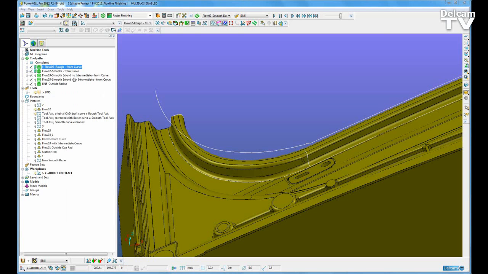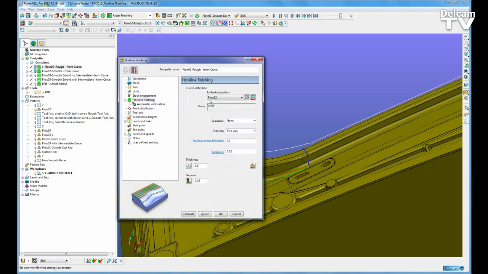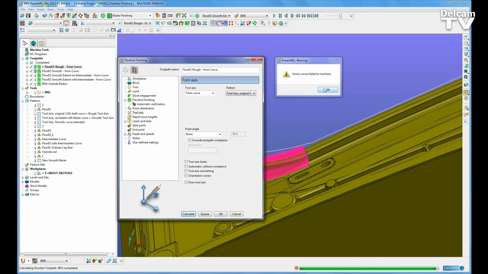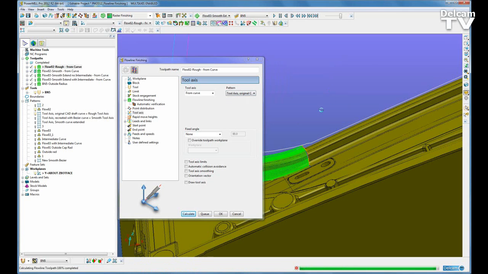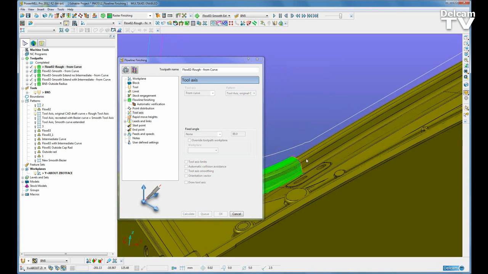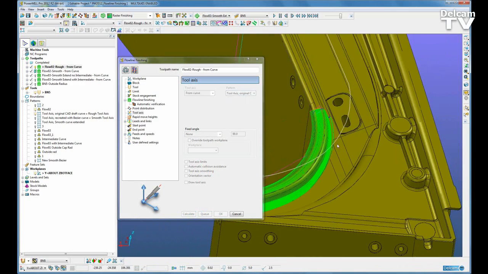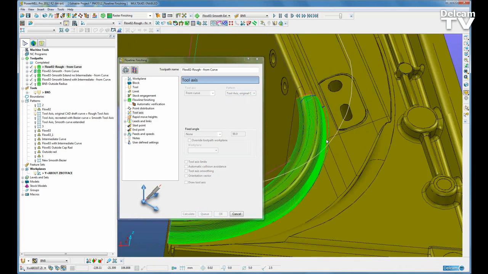show the settings to see that in the tool axis it's from a curve, and hit calculate. As PowerMILL's calculated this flow line machining, there's areas it cannot machine